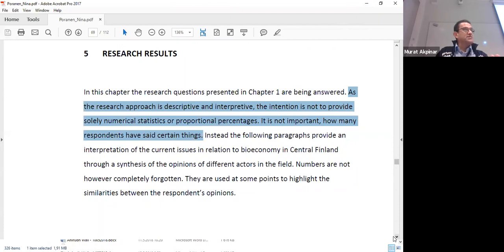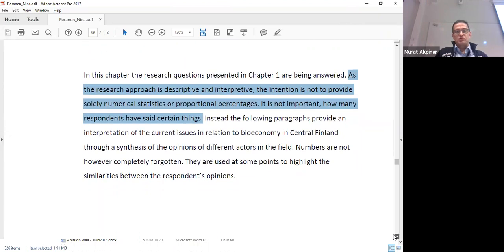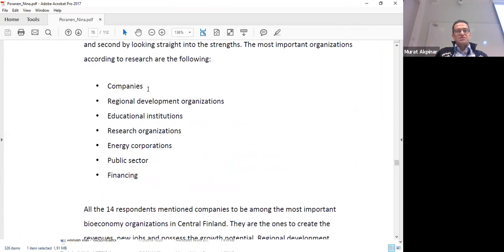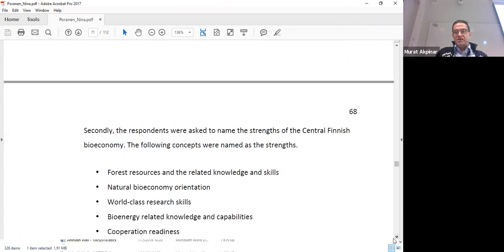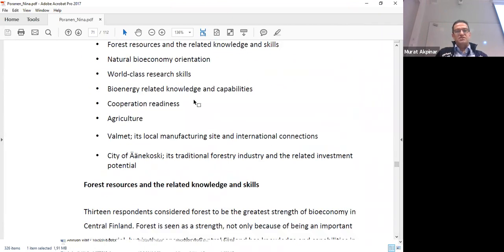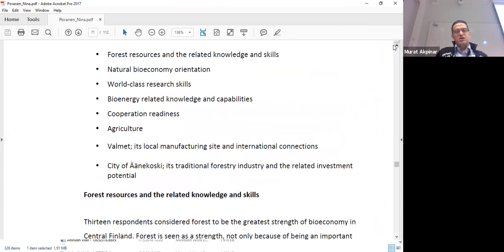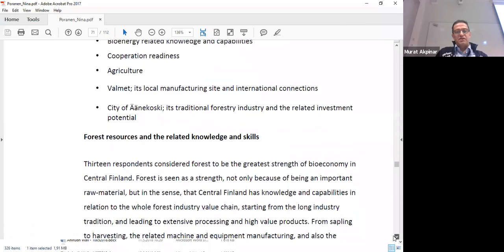Confirming what I've been saying, this is not the important thing, how many said what. So don't emphasize, especially with some graphs, with some figures, who has said how many times or what concept has been said how many times. So strengths. These are the organizations that have been identified, and here come the strengths that she has found out from her interviews, 14 interviews she has made, and then she explains each of those, starting with the